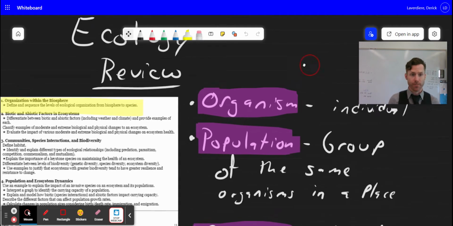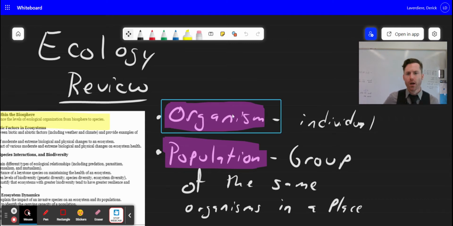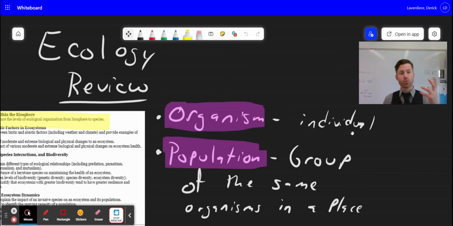to species. And now I don't like species as being the first level because species is a very large idea. It's all of the organisms within a species, right? That can cover the whole planet. So what I'm stating it as is organism. Okay? And that's just an individual instance of a particular thing. So I am an organism.